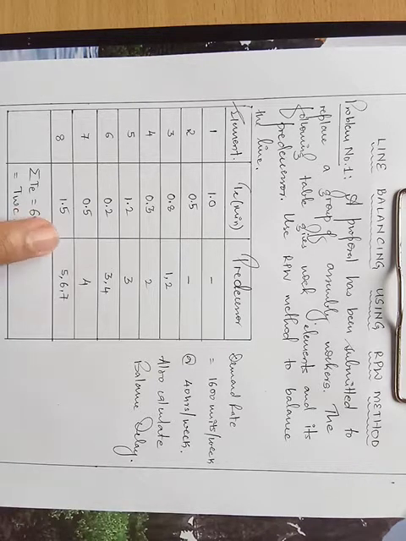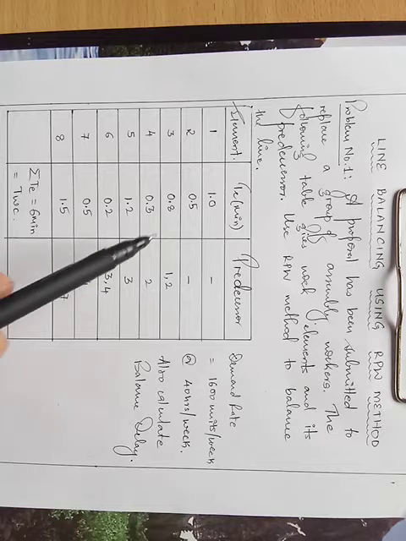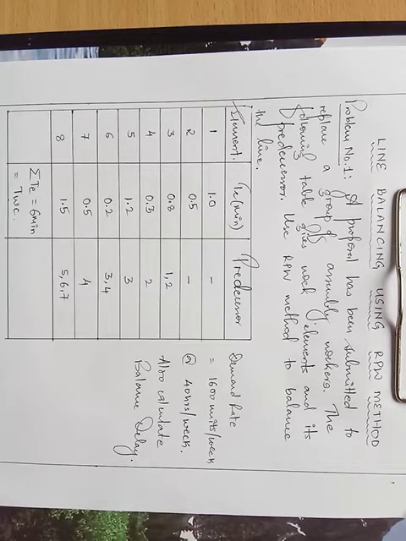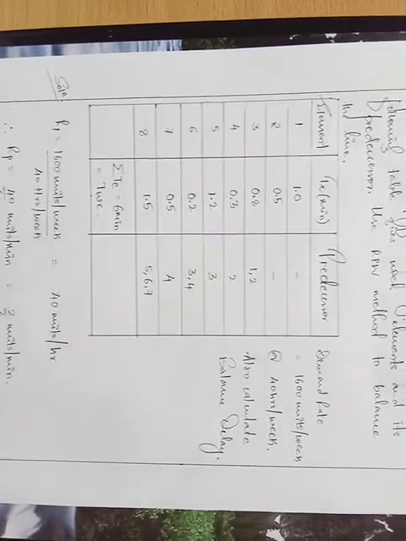So this is the given data. I have just added up these work element times and it comes out to be 6 minutes, the total work content time. TWC stands for total work content time. Right, now let us start with the solution of the problem. Since we have been doing these kinds of problems in the last two videos, the first step remains the same, that is calculation of production rate.